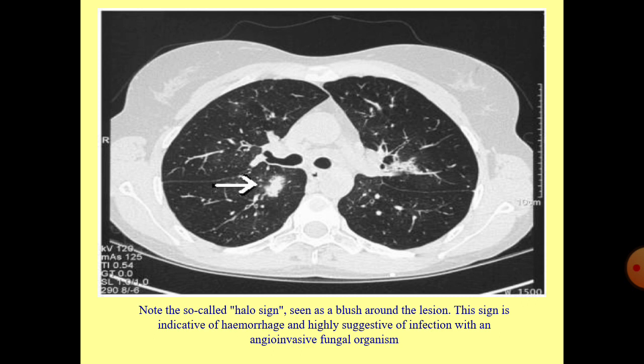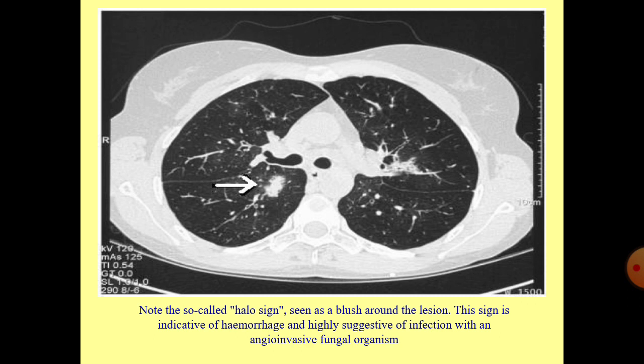Again, this is what you call halo sign. If there is a halo sign, as you said, this is because of hemorrhage, which can happen after 5 days of the presence of this infiltration, which is highly suggestive of an angio-invasive fungal infection. So it is a halo sign, although it is not characteristic of aspergillosis, but once you find it radiologically,